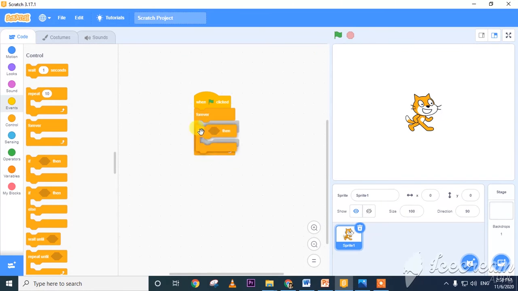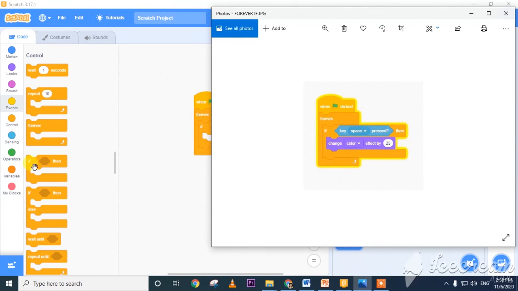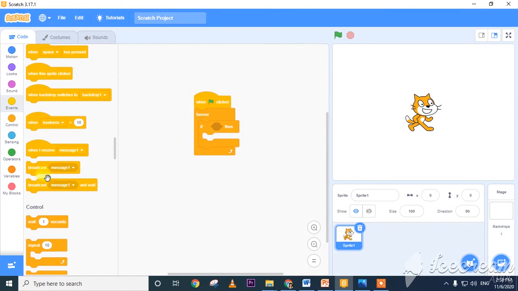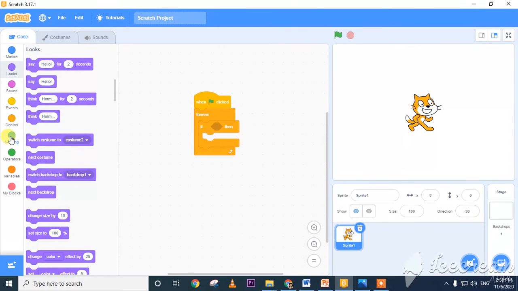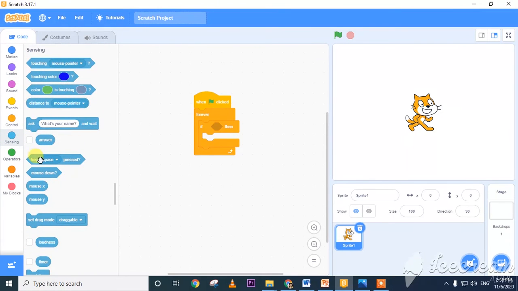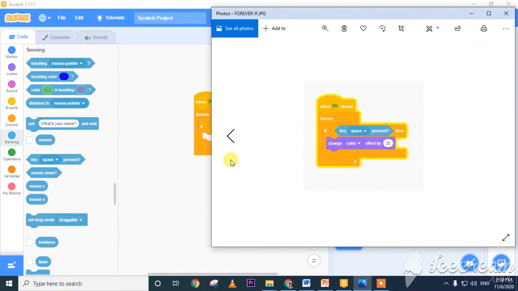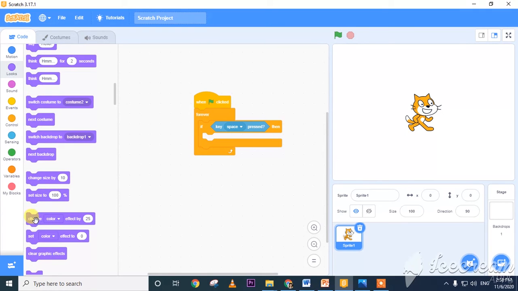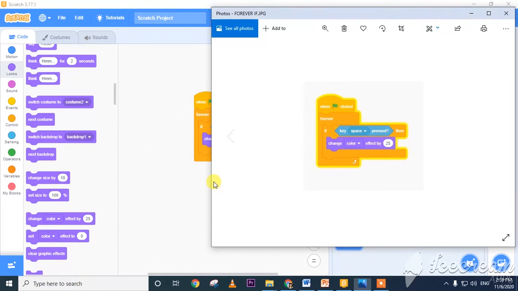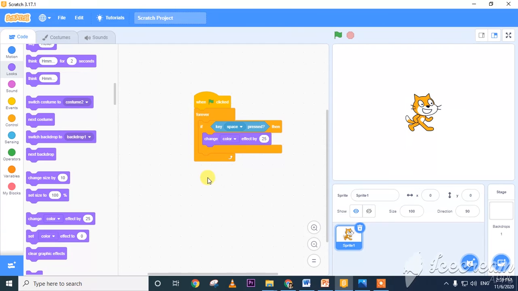The key pressed block will be available in sensing, key space pressed. If key space pressed, then it should change the color. Here under looks there is a color effect. It should change the color effect by 25.